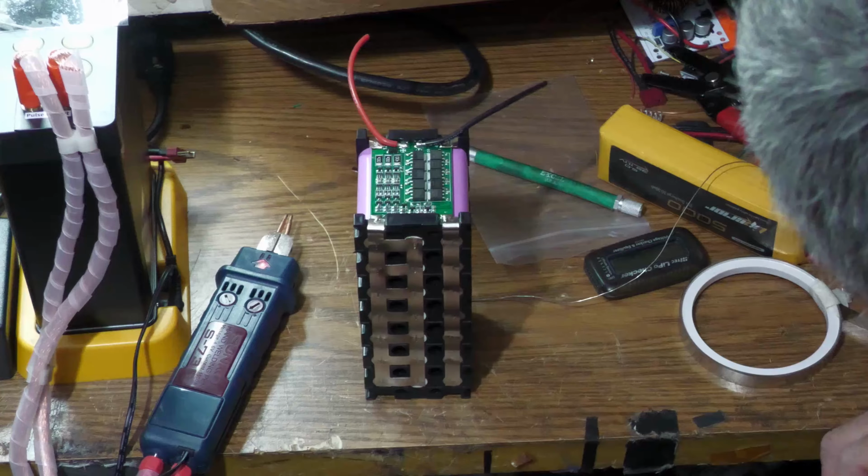It does come with this balancing board, so I haven't really used it a whole lot, so I will see how good it is. But for $5, I thought I'd give it a try. I kind of like the holder and everything, the way it goes together and goes in the box. So it's fairly straightforward. When you put the cells in, you put them in line like this,